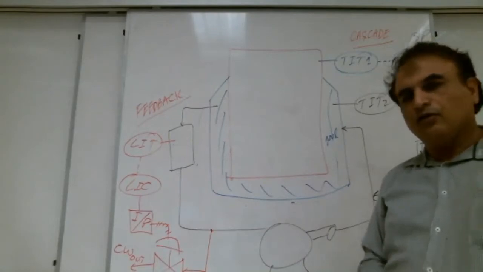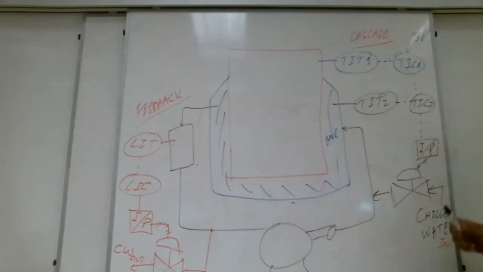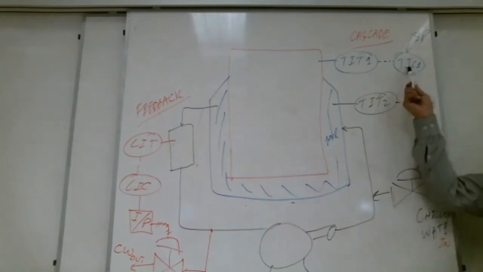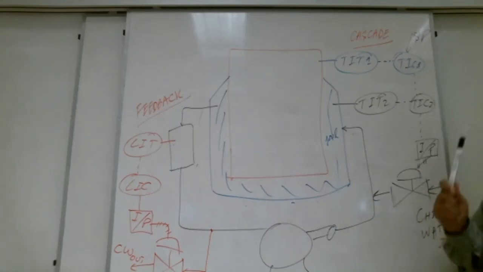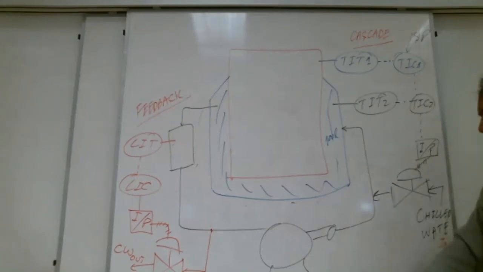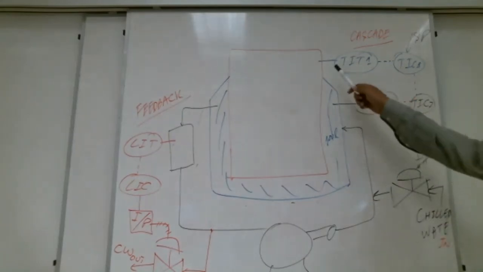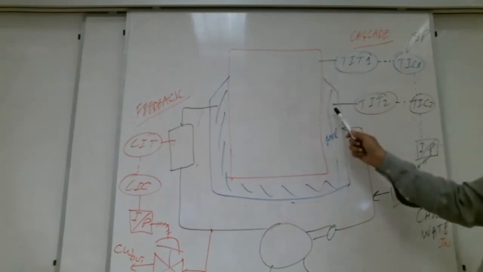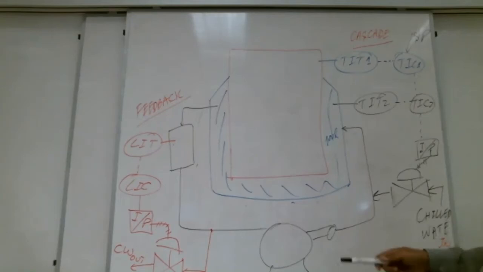Yes. Okay. In cascade system, which one is the primary controller? Temperature indicator controller 1. Very good. Lot of brothers they are writing. Which one is the secondary controller? Temperature indicator controller 2. Very good. Right, Shabab? So here we are controlling the head temperature with respect to jacket temperature. Right, Shabab? Shabab with me? Yes. Okay.